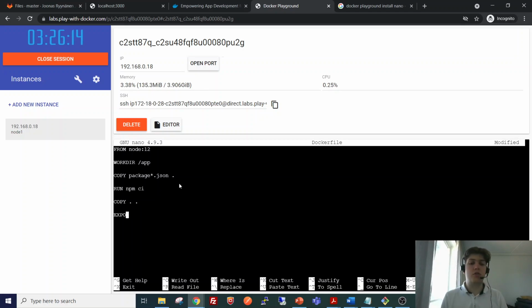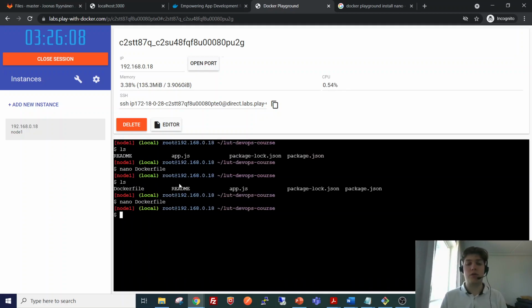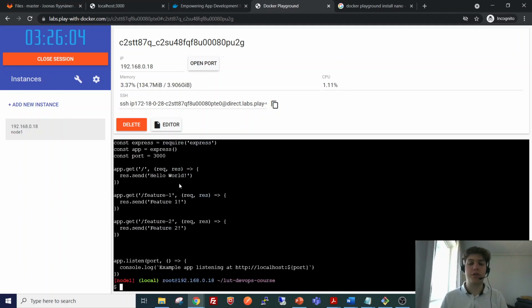So next we need to expose a port from the Dockerfile. If we go back to our application, we can see that it is using port 3000 as the port that it is published on. So in the container we also need to expose this port in order to be able to access our application.